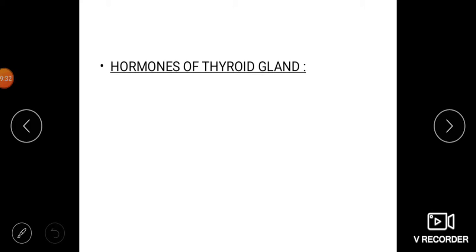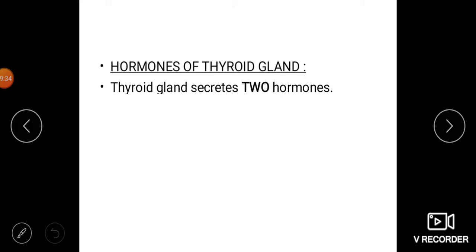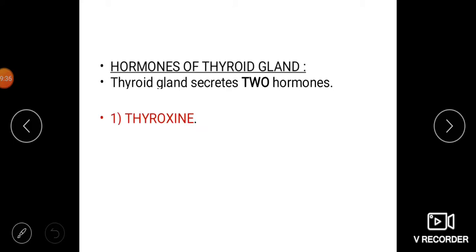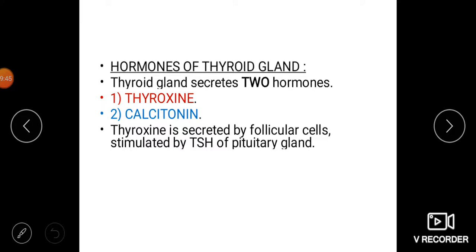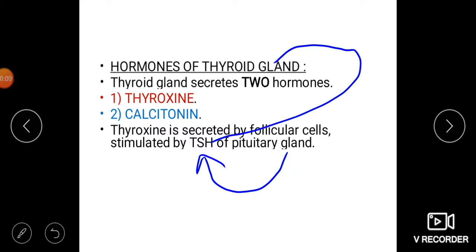Hormones of thyroid gland. Thyroid gland secretes two hormones. One is thyroxine, the other is thyrocalcitonin. Thyroxine is secreted by the follicular cells, stimulated by the TSH of the pituitary gland. That is, the pituitary gland secretes TSH, thyroid stimulating hormone. The TSH will influence the thyroid gland